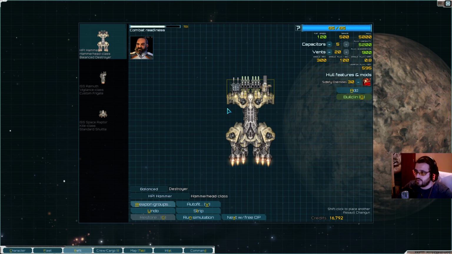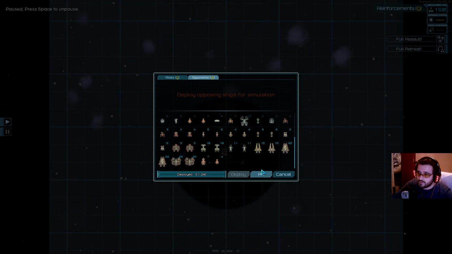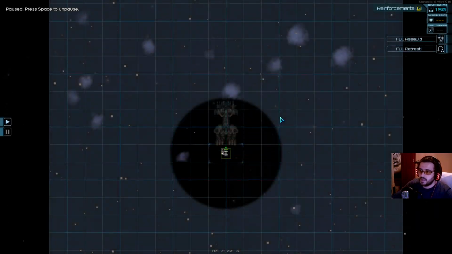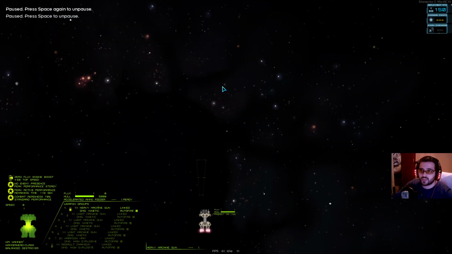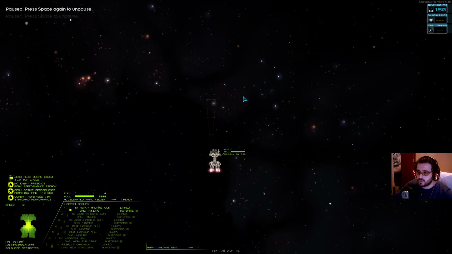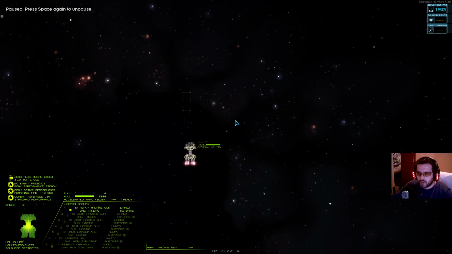And now that we have this build, we're going to go run the simulator. And we're going to decide what we're going to fight against. I usually just fight against the same ship, practically the normal variant. And let's go. So this is the location. You can pause the game by pressing space. Over here in the bottom left corner, you're going to be seeing all of the information on your ship. Practically the weapons. Oh crap, I forgot to...